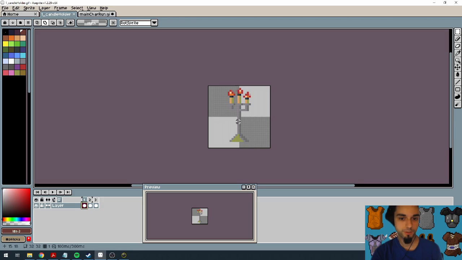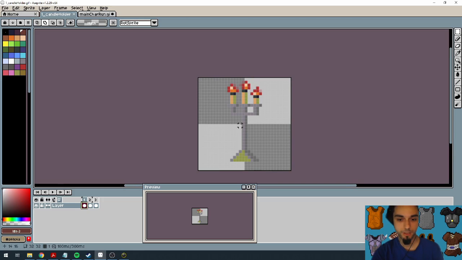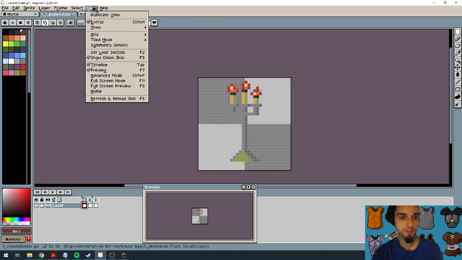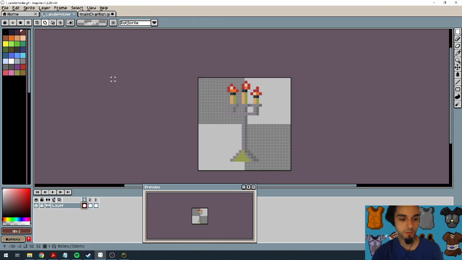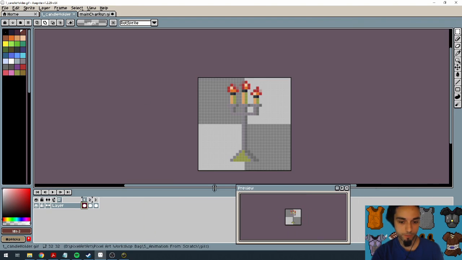Without further ado, let's dive right in and start looking at some of the animation parts. So again, I'm using Aseprite, and Aseprite has this handy feature called Show Onion Skin. When it's not started, we don't see it here. When we start it, we see these brackets. Here in the bottom, we can see